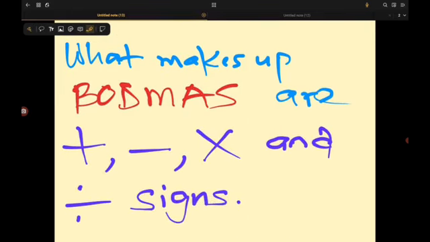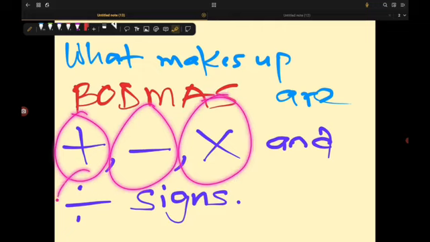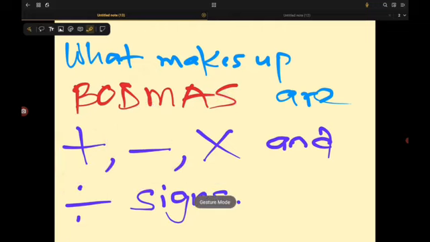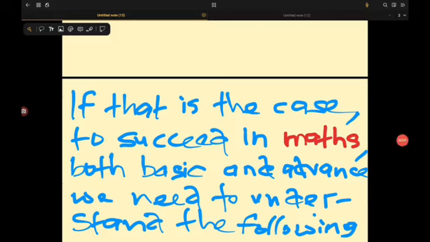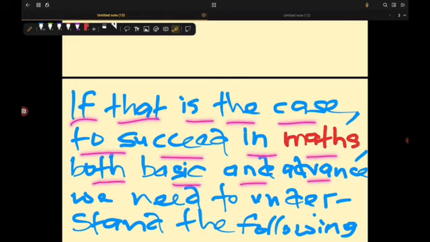So what makes up basic maths are, I just want to reiterate this, I've already done that above: what makes up basic maths are plus, minus, multiplication, and division signs. That is the makeup of basic maths. If that is the case, to succeed in maths, both basic and advanced,